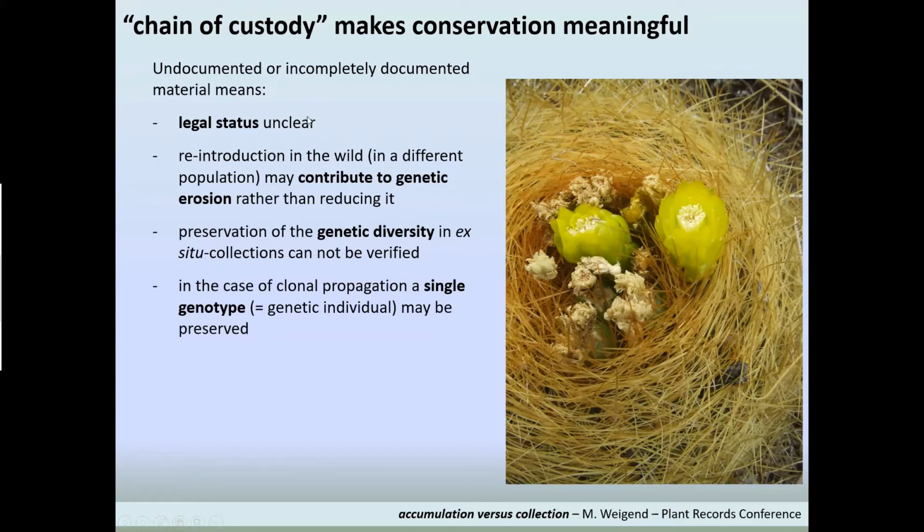Why? Well, if we're talking about endangered species, we have to document that we legally obtained them, because they're usually protected under state law or national law. If we want to reintroduce from our ex situ collections into the wild, and we introduce from the wrong subpopulation, we may actually contribute to genetic erosion rather than reducing it, which is the main aim of reintroduction into the wild. And of course, if we don't know exactly what we have, we can't verify whether we are successfully